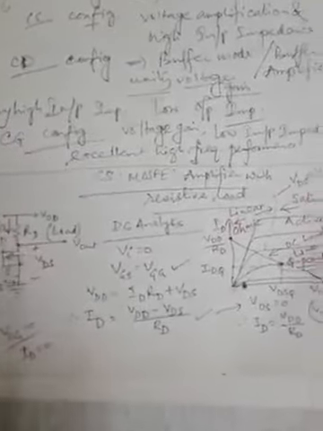And if ID is 0, you can see from this diagram that there will be no voltage drop across this load RD. And if there is no voltage drop, so from this output equation, this ID RD will be 0, and this VDD will be equal to VDS. So in the transfer characteristic curve, this value for VGG equal to 0, it is here, corresponds